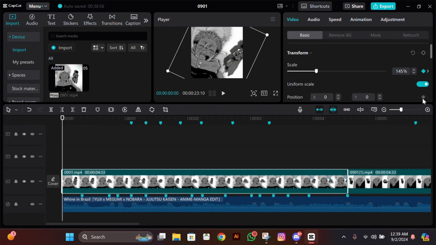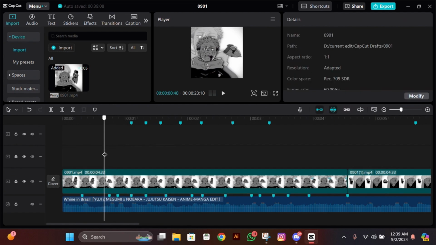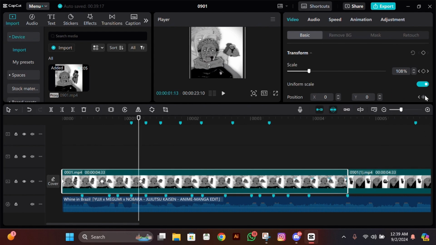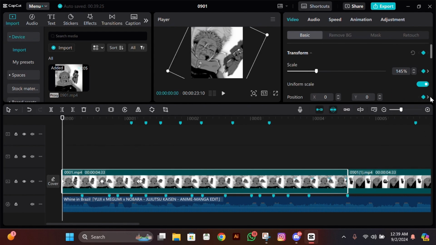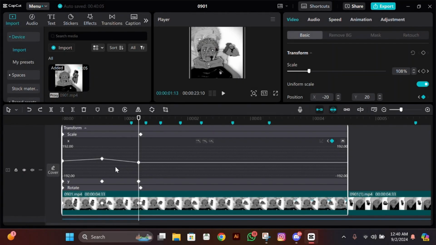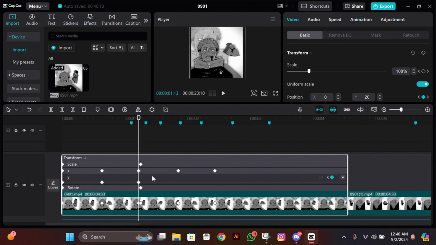Now add an X and Y keyframe at the starting, then go a bit forward, add an X and Y keyframe there too, then go a bit more forward, add an X and Y keyframe there. Now go at the second keyframe and change the value of X to 30 and Y to -50. Then what you need to do is copy paste these frames now back to back again and again till the